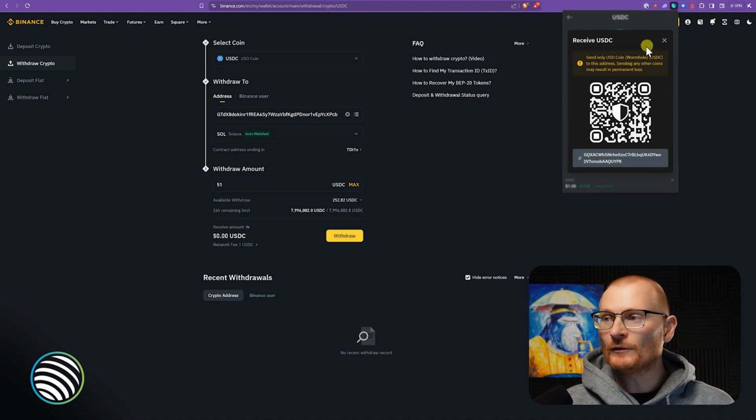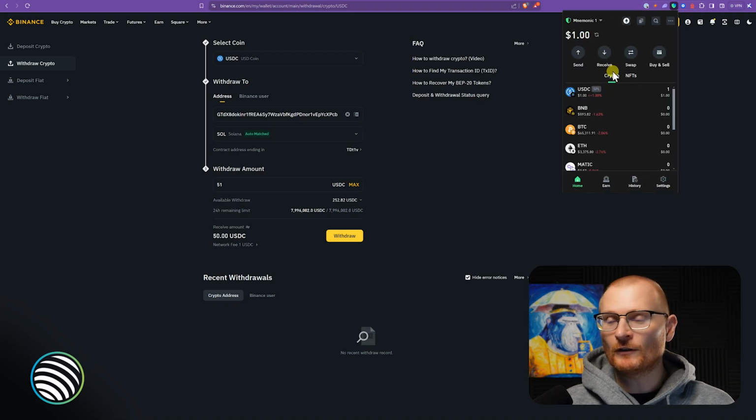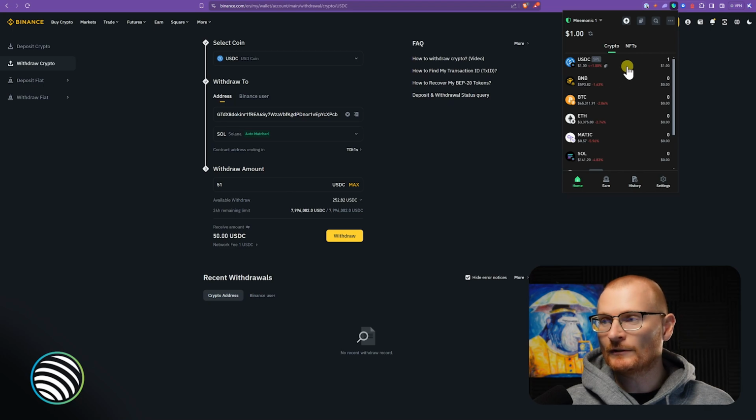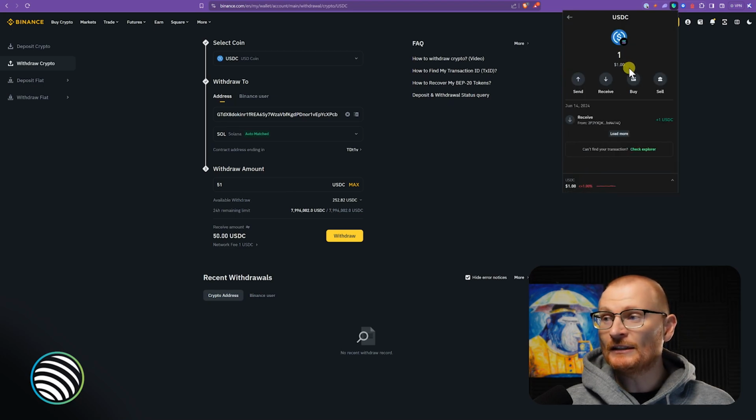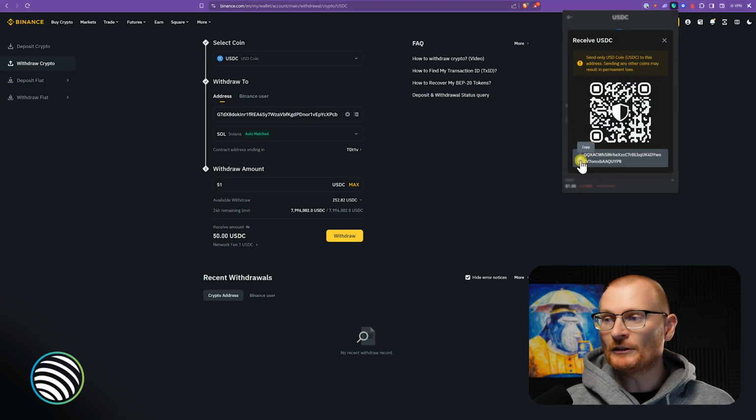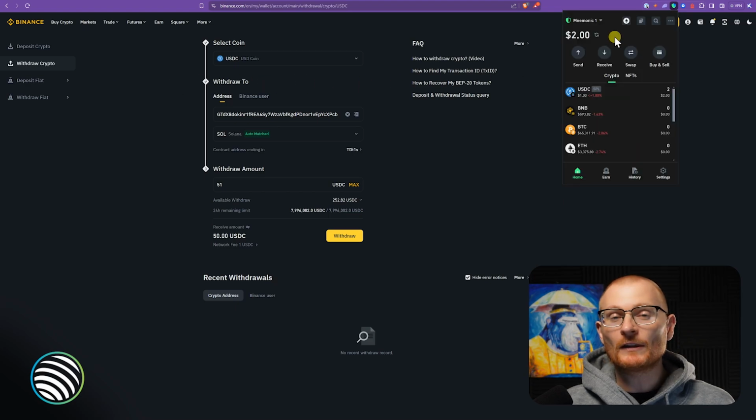This is a little bit confusing, and Trust Wallet's a better choice for those people that are already playing on other networks. It doesn't really matter though, because it is the exact same address here. If we click Receive, we just go and copy this address down here, copy it, and I'm going to send one more USDC into this wallet just so we can see it come in. We've given this a refresh, and we can see we now have 2 USDC.